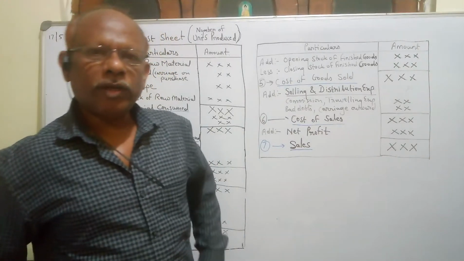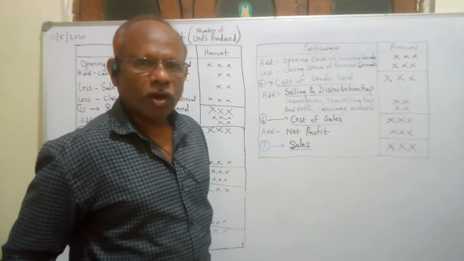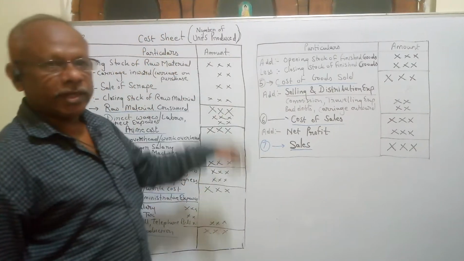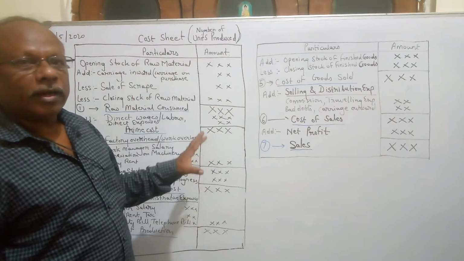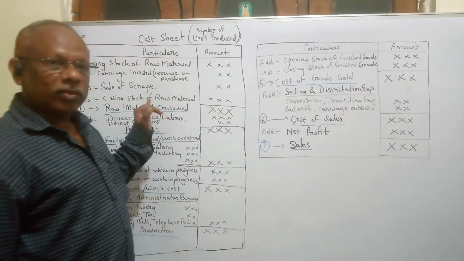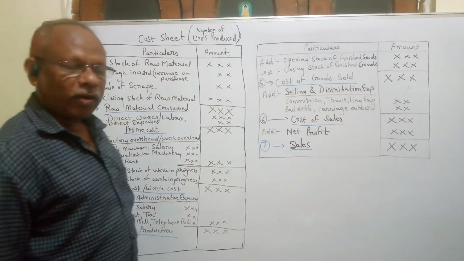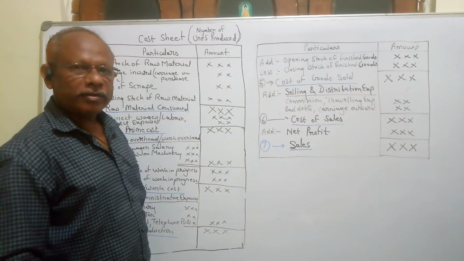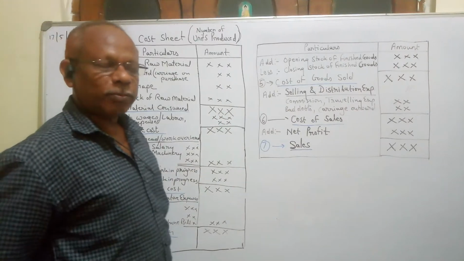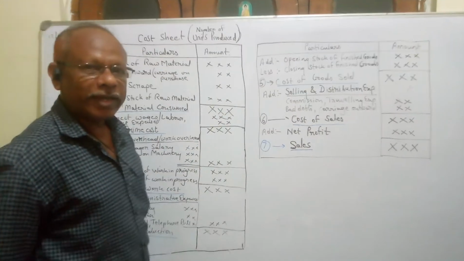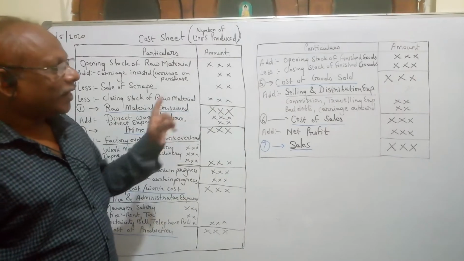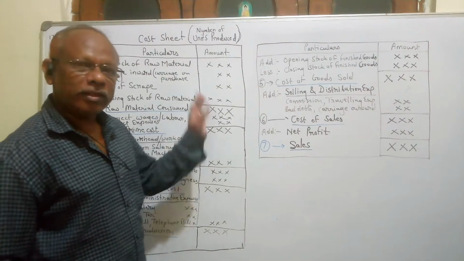Today we are going to discuss cost accounting. In cost accounting, we shall discuss the cost sheet. The cost sheet is classified into three categories. The first category is factory overheads or work overheads. The second category is office and administrative overheads or expenses. The third category is selling and distribution expenses. All these three categories are classified in the cost sheet.